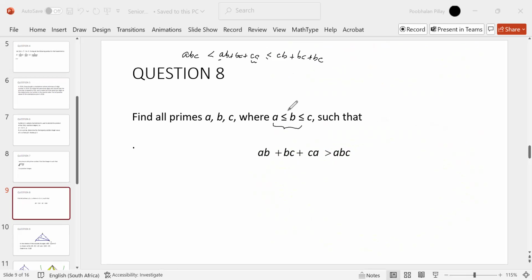Because A is less than or equal to B, you see. So when you multiply on both sides by C, you have CA is less than CB. So I've got all these three things are equal here. 3BC. So now you have that ABC is less than 3BC. So that means that therefore